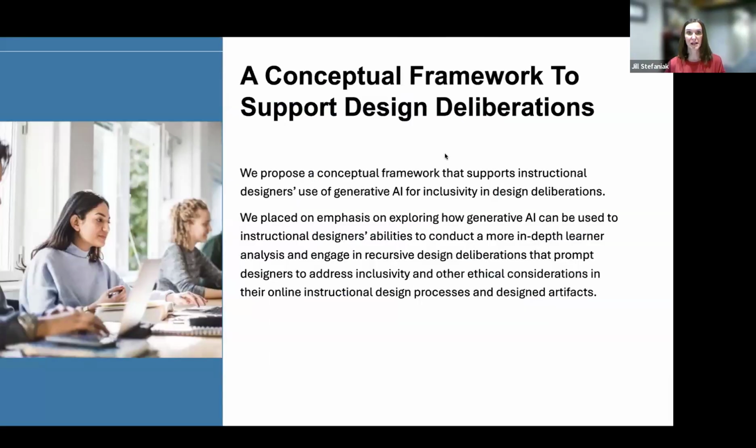And so one of the things we're going to propose today, Stephanie and I worked on a conceptual framework a while back to support design deliberations. We were really thinking about, what does it mean to be intentional designers? What does it mean to design with intentionality? And really think about what all of this means in this age of AI. There are so many opportunities to improve upon efficiency and scalability, but there are also so many pitfalls that we need to be mindful of